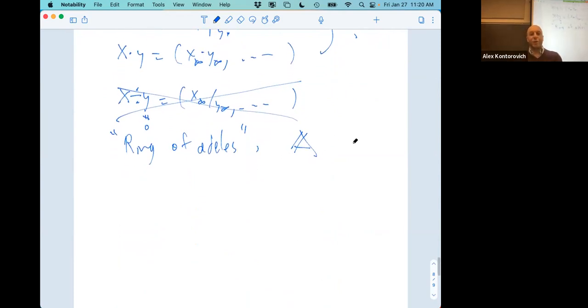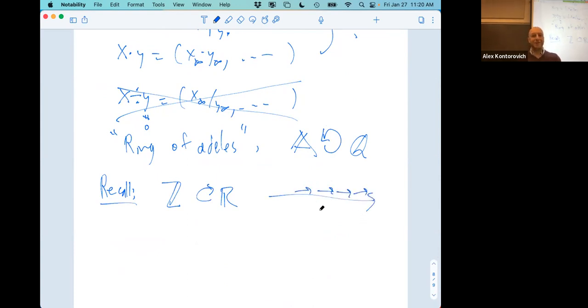So we have this ring of Adeles. We have the rational numbers inside of here, and these rational numbers actually act on the Adeles, in the obvious way, by translation. But let's recall a useful analogy. I have the integers. They sit inside the reals. Actually, they act on the reals. The group of integers acts by translation, by some number of whole numbers forward and backward. If I have some set U in here, I can take the set U plus Z.